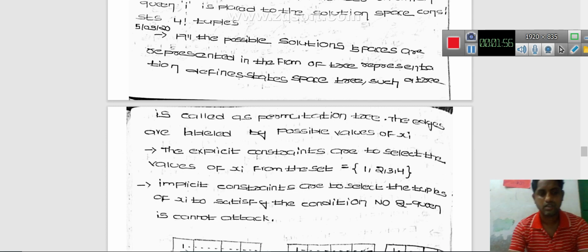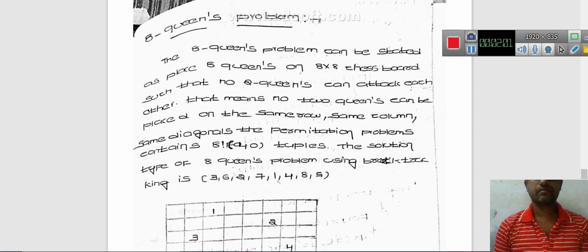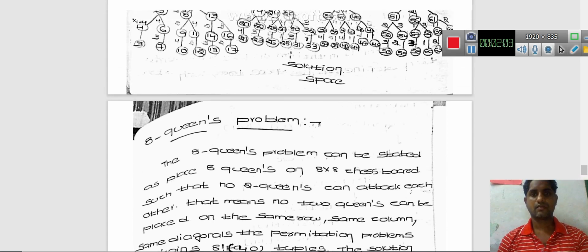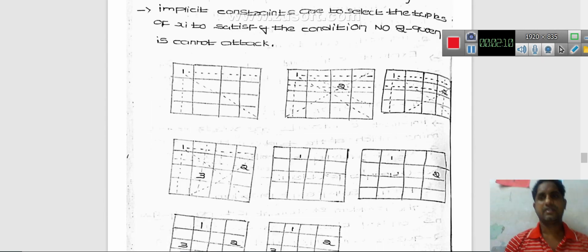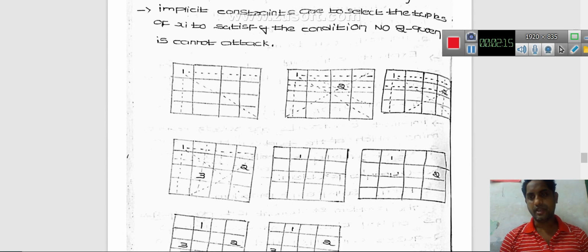So this is the main theme of the N Queens problem: the queens should not be assigned to the same row, same column and same diagonal. That is the main condition for backtracking in the 8 queens problem. Here we are reaching the 4 queens problem, that is a 4 by 4 chessboard.